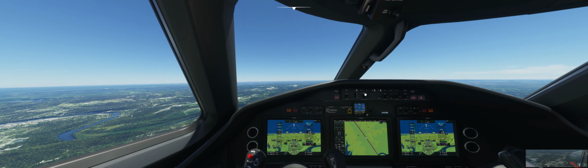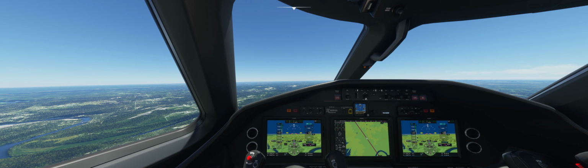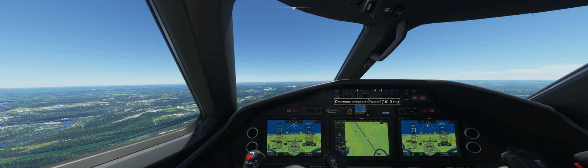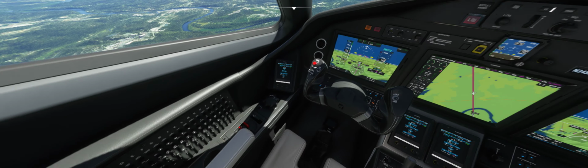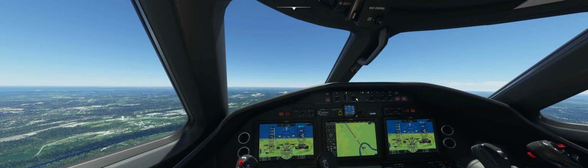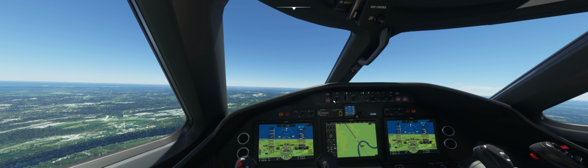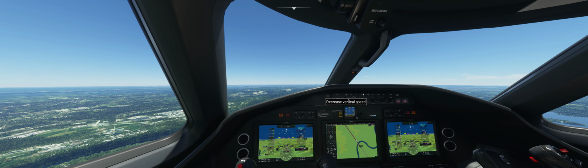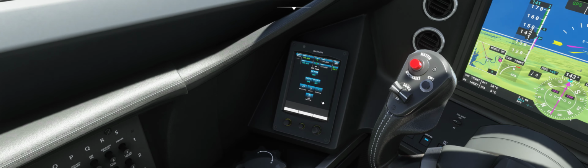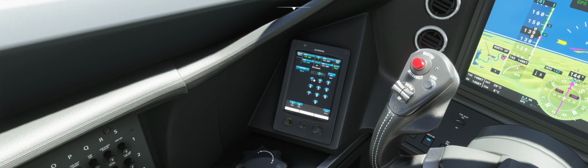All right, start slowing even more. Down to our approach speed, which I think I set at supposed to be set at 141, but let's just reconfirm. Speed bugs, VAP 141, yes. And we are now starting to see some cooperation from the RNAV. So let's increase our descent rate just a bit. Set our minimums. I don't think I ever did that. They are